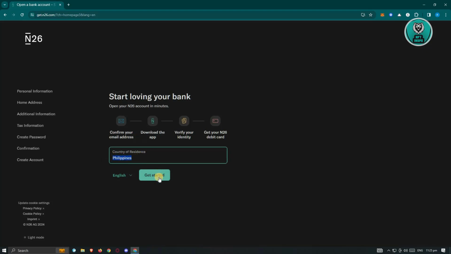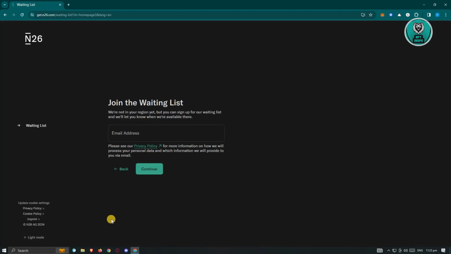Once you've entered that, just click on Get Started, and depending on where you are currently located, you will be able to access a specific page here. Since I'm currently located in the Philippines, it's going to say join the waiting list, because right now N26 is not available. But if N26 is available in your current region, you should be able to see a new page